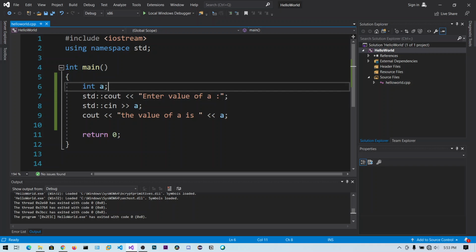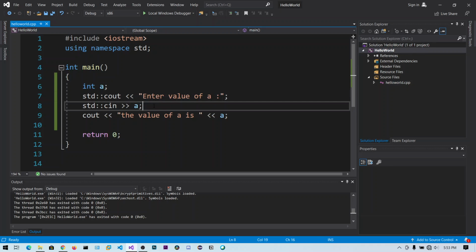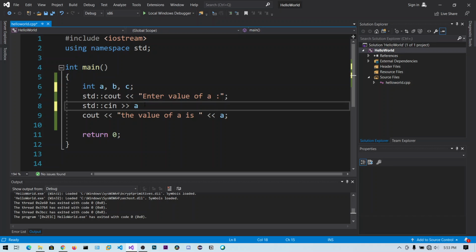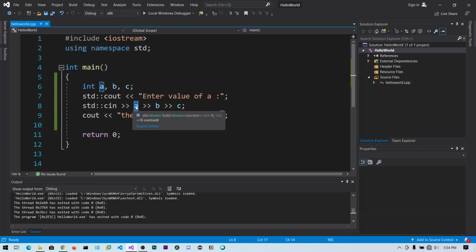Okay, now this is one way of taking the input, cin, and you can also use scanf from C, but we will be sticking with cin because it's C++ and it gives much more flexibility. You can also take input of multiple variables. Now let's say I have int b, int c. So these are declared, uninitialized variables. Now I can say cin >> b, and also >> c. So whenever at the first prompt I type a number and hit enter, it will be stored in a, and the second time it will be stored in b, and the third time it will be stored in c.